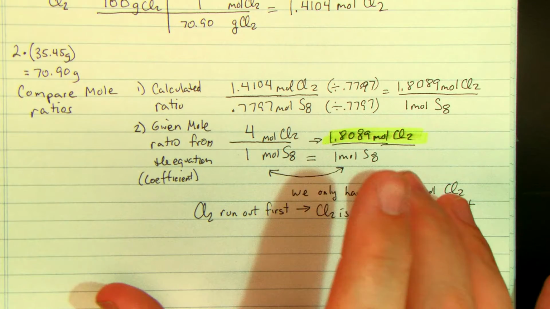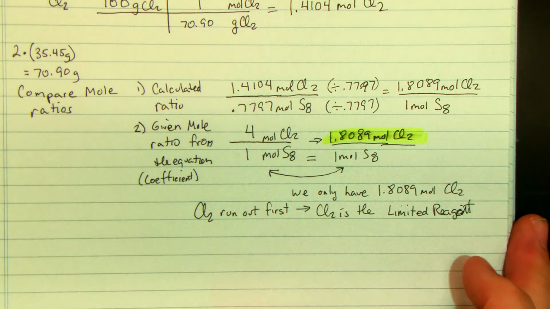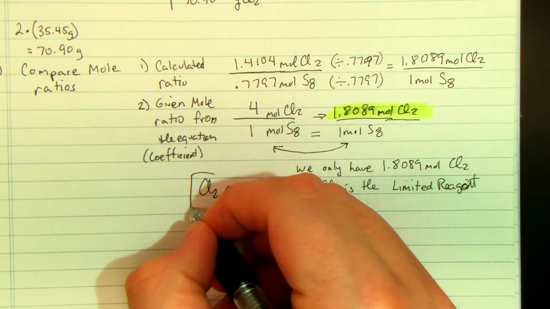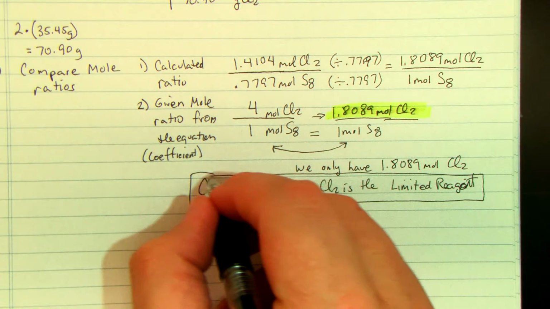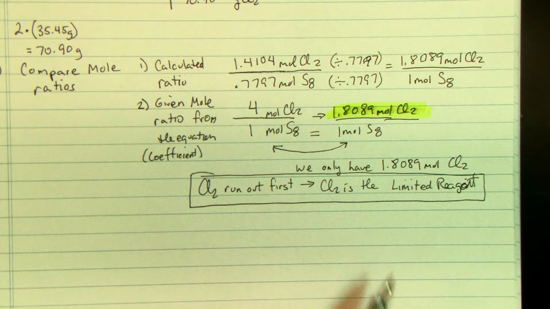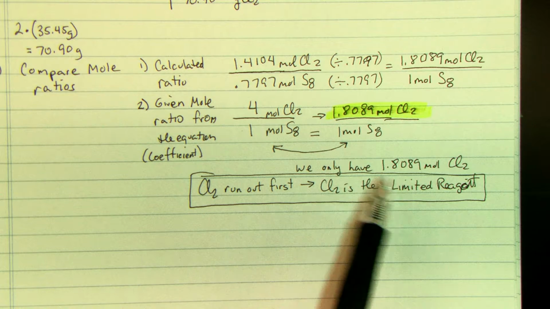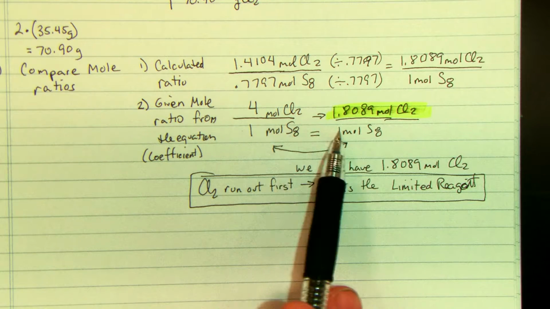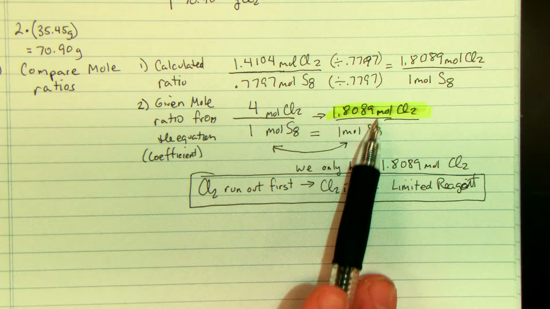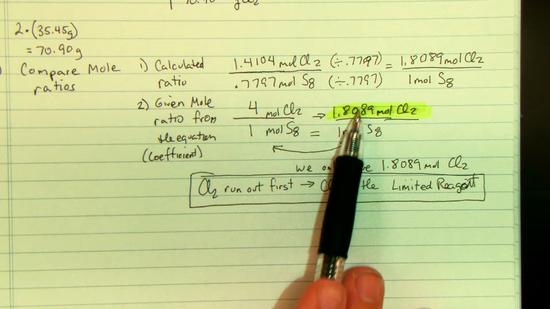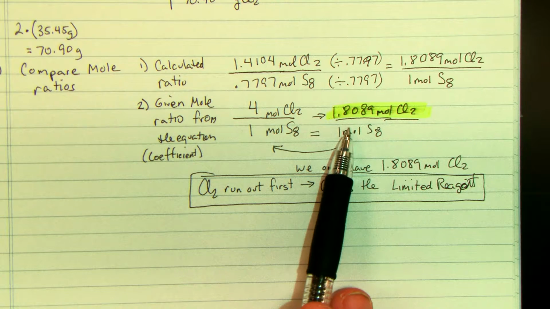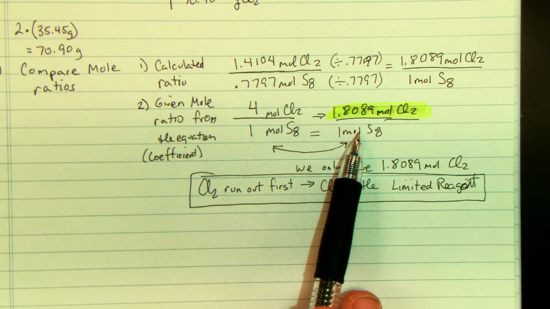So we've determined that, and that's the big thing, this is where you have to make that determination. This is where you have to use the most brain power. Because you have to say to yourself, all right, I got enough of that, but I don't have enough of this. So this is going to actually stop it. If I had more of this,